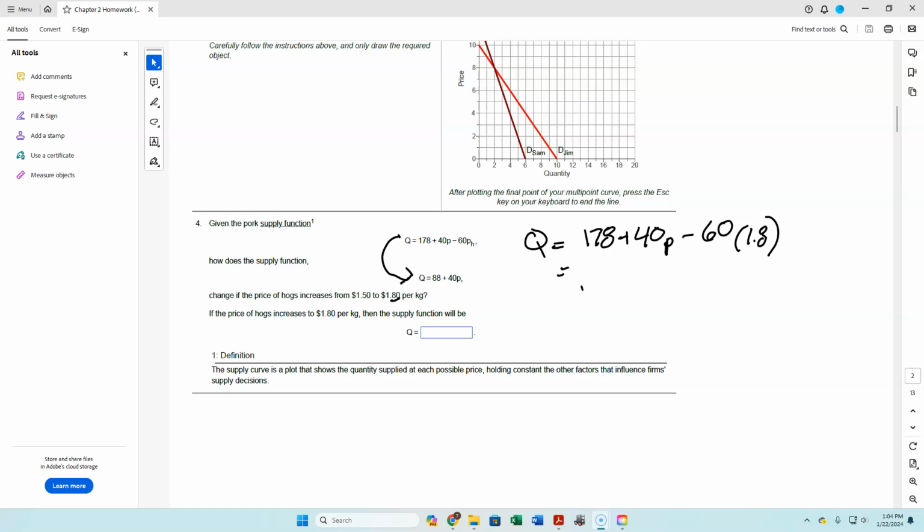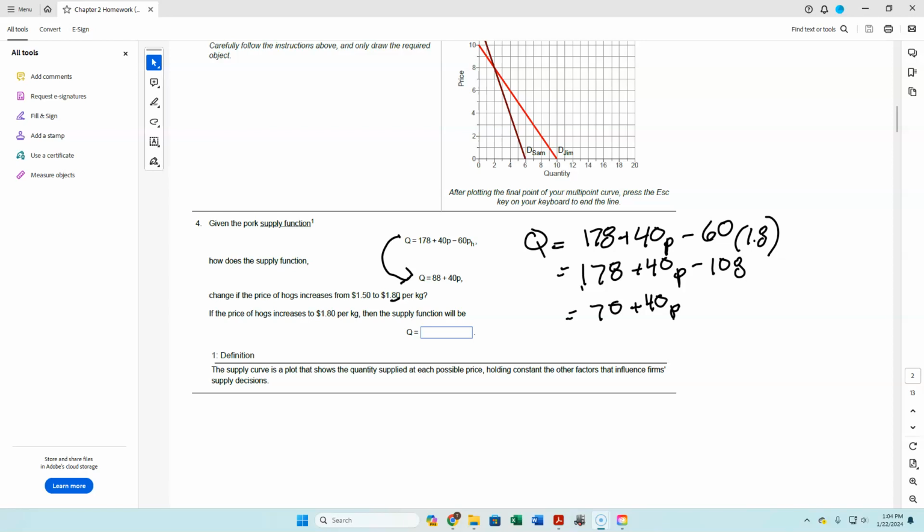So here I'm going to have 178 plus 40p minus 108. So that would be 70 plus 40p. Okay. So that would be my new supply function